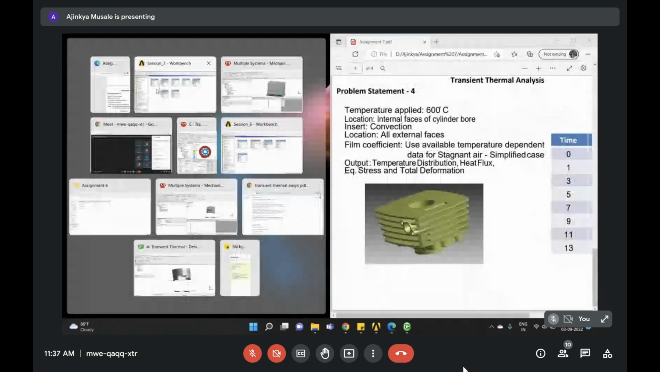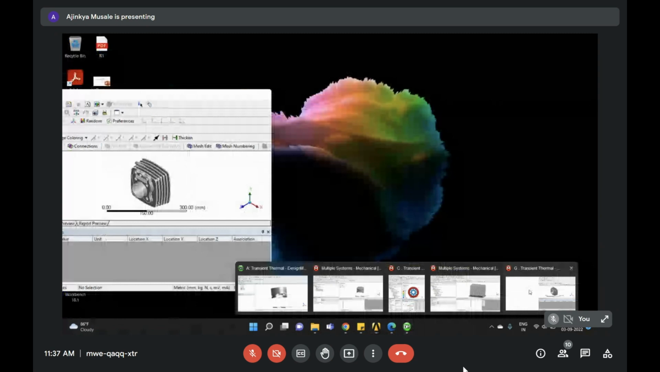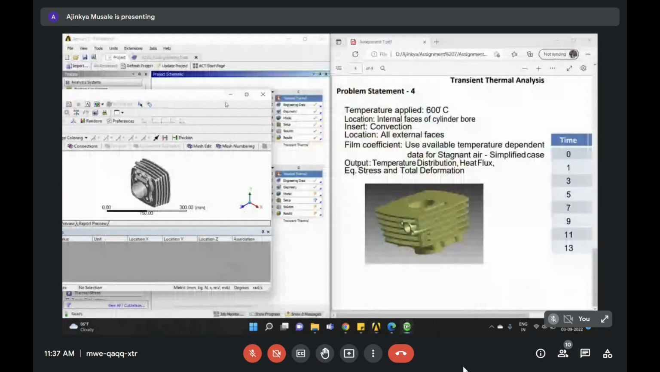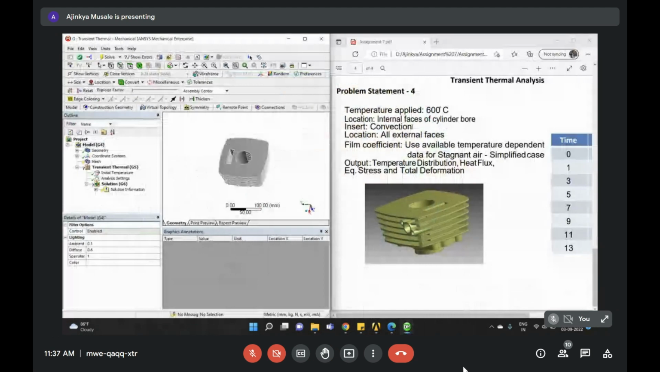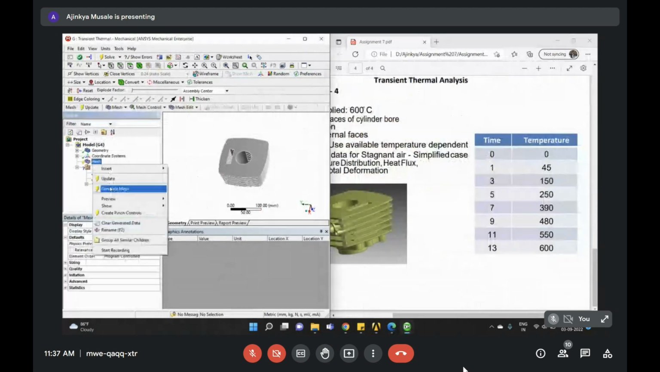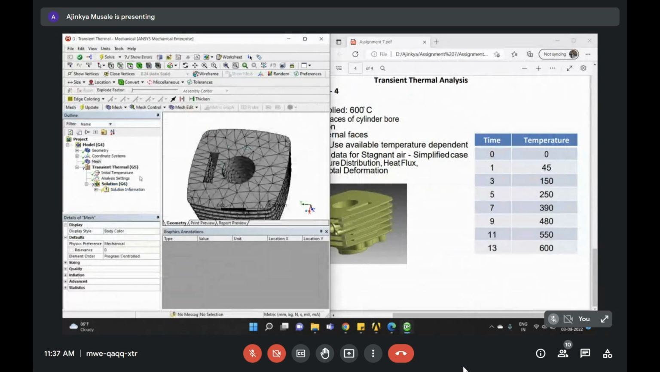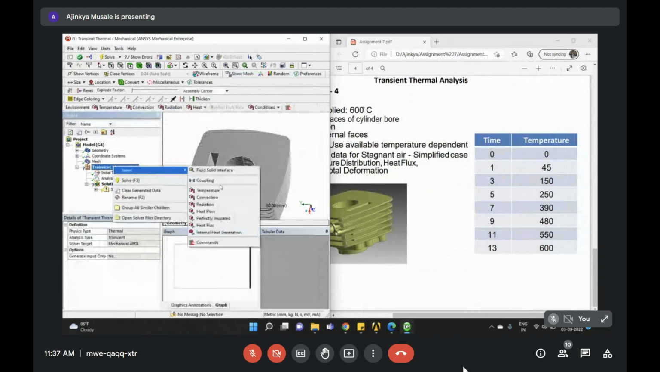So let's just go to this tab and see. Okay, my mechanical window is open now. So this is my engine block. Again, same thing from the inner side, I need to apply these temperatures, and first of all, I'll mesh it. The default material is structural steel, which I have defined. I simply right click and say temperature,